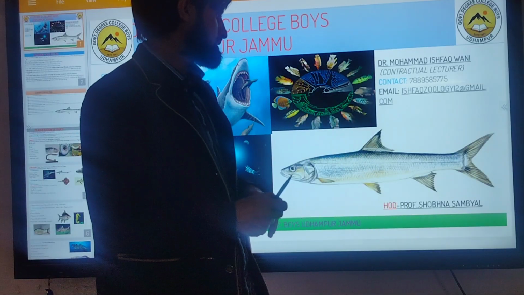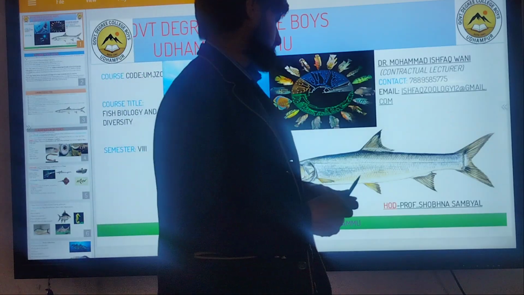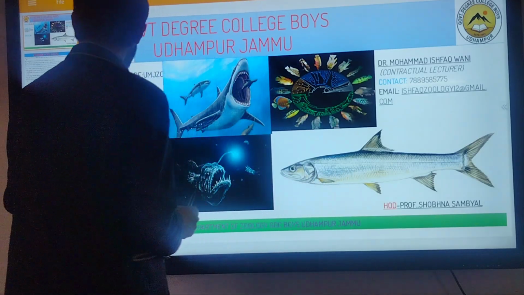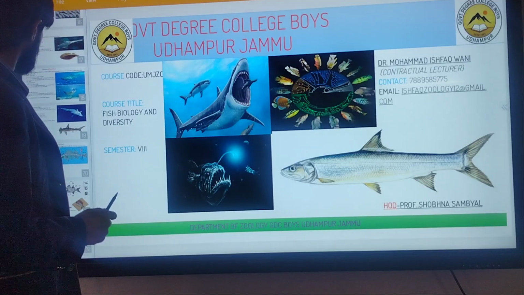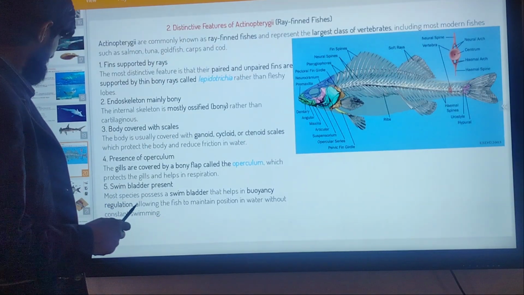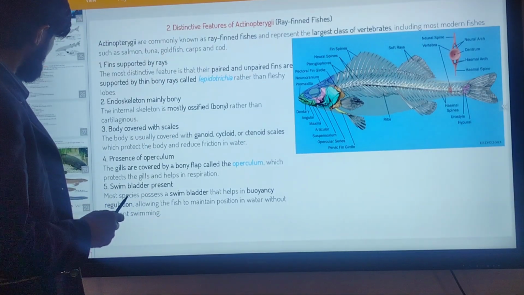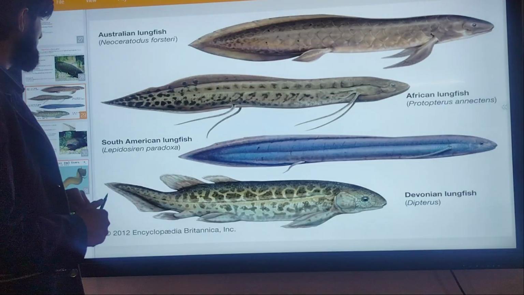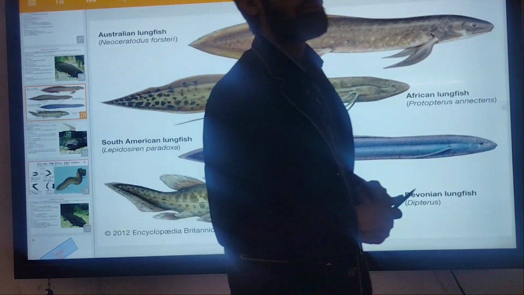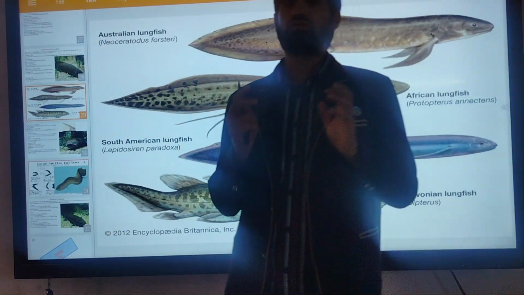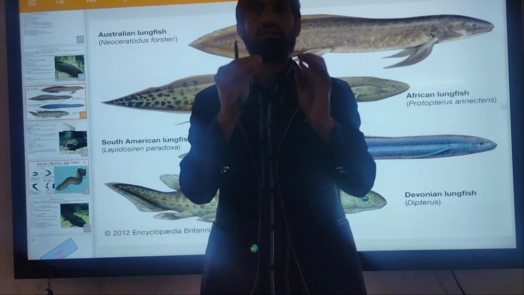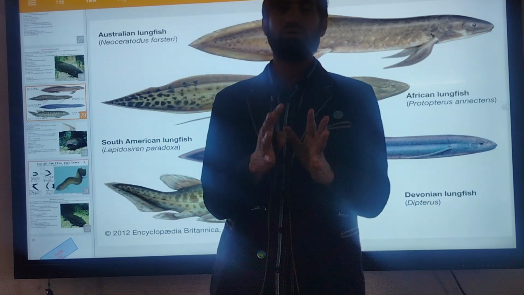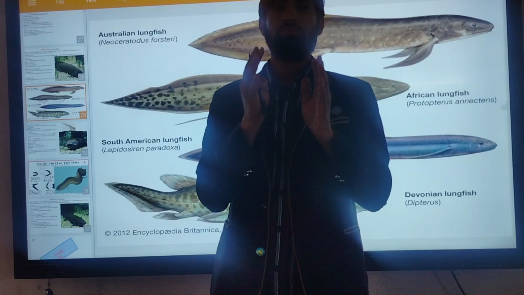These proteins are responsible for the coloration of skin. So the integument of the fish contains different types of chromatophores, and these chromatophores contain different types of pigments, and these pigments are responsible for the beautiful